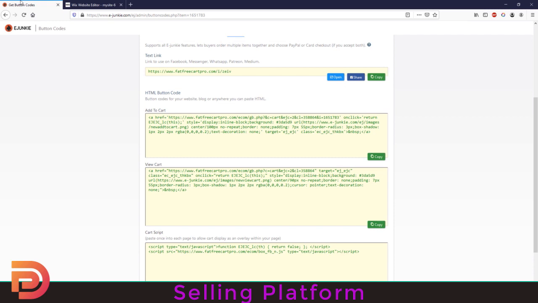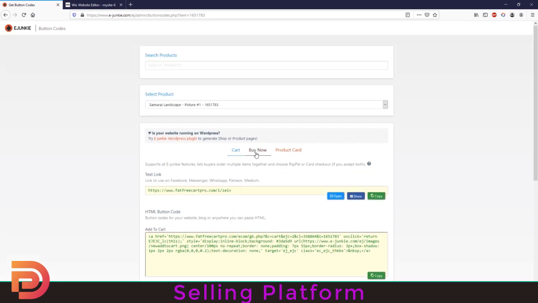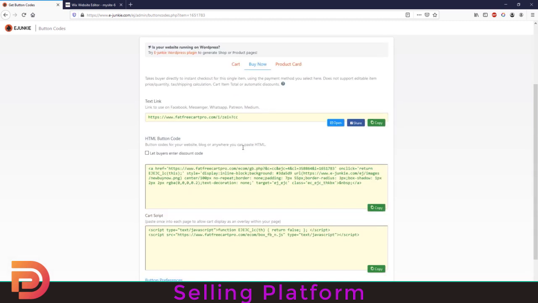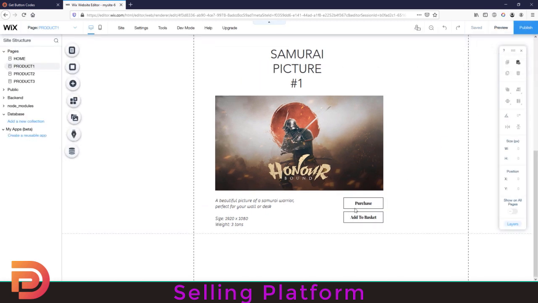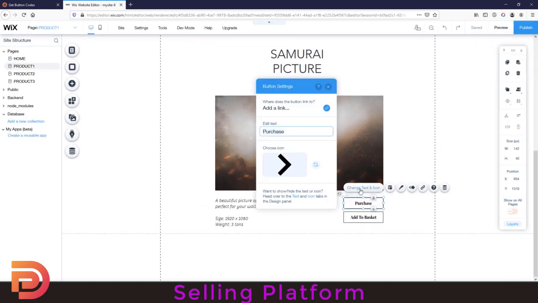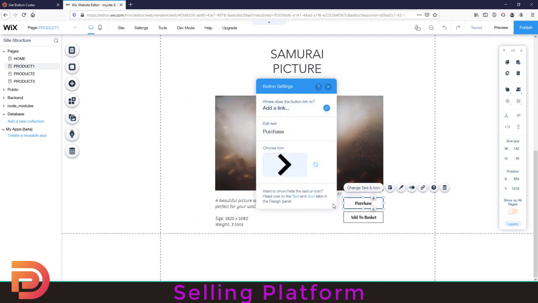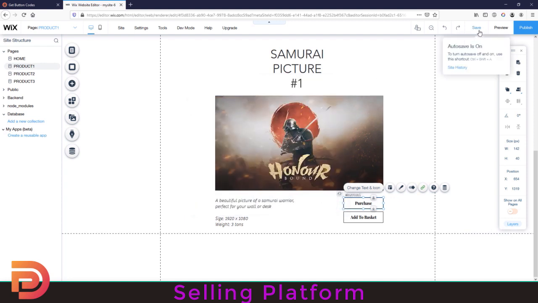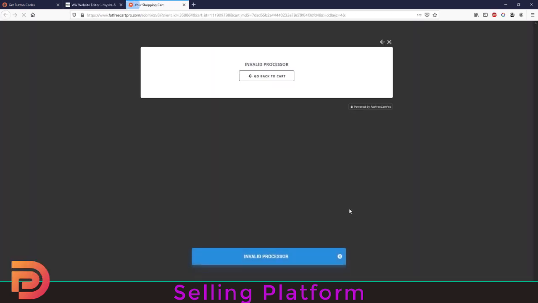Now if we go back to E-junkie and we select buy now, we do the exact same here. Copy that code, and now we're going to change this button. So we click back to editor. On the purchase, we're just going to paste that in, web address, save, preview. So now when we click purchase,